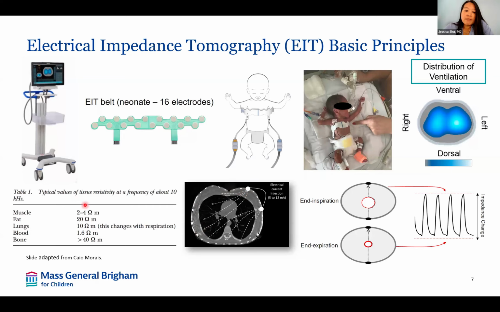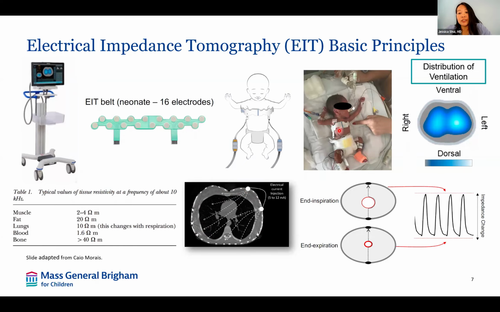It takes advantage of the fact that tissue resistivity is different in muscle compared to fat, compared to air, which is usually in the lungs. And that's how it's able to generate this image of distribution of ventilation. So to orient you, think of it kind of like a CT scan where you have the ventral, dorsal aspects of the chest and right and left sides. And this image is showing where air is entering in the chest, taking an average